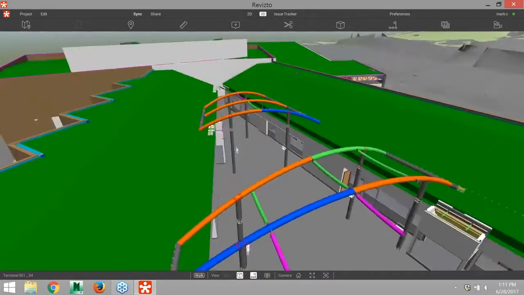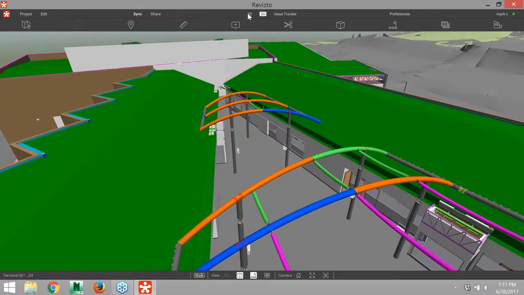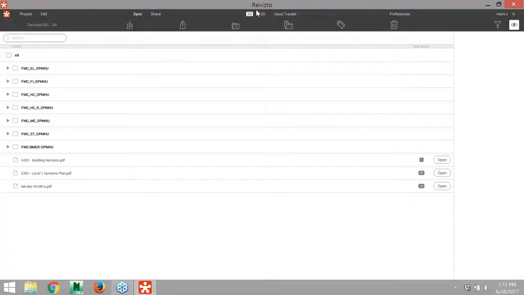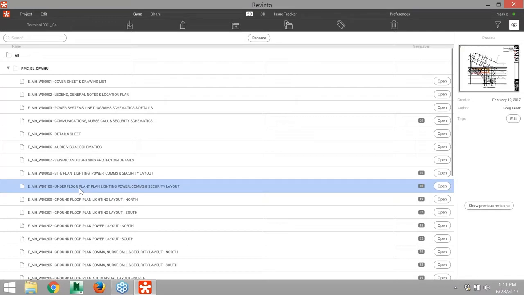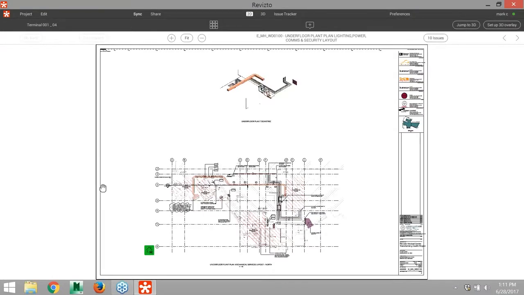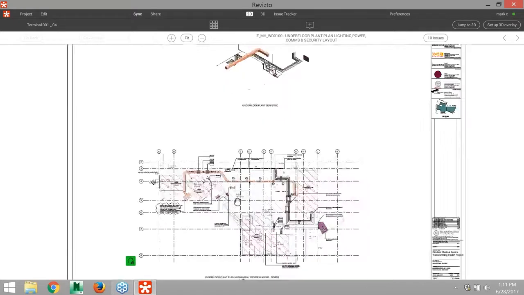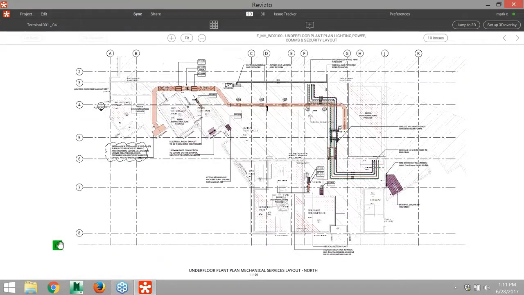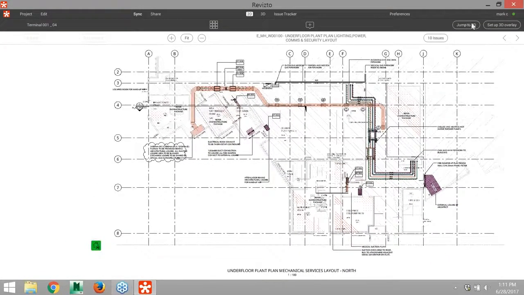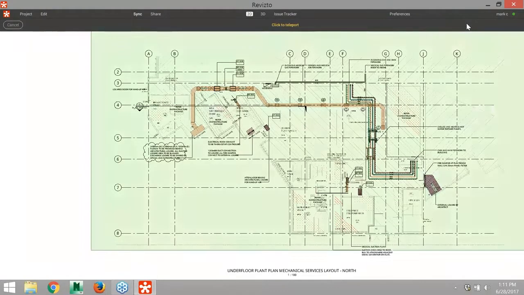Kind of continuing on with that aspect, what we'll do is go into 2D. So this is another cool thing: because we're segmenting those individual links, each of these links will also contain 2D information. So if we brought this in from Revit, for example, you could see all the information that falls within this. So if we're looking for sheets within a specific file, we can bounce through there, select this, and it looks like this is our plant lighting power plan. So we can zoom into here. We still have the same effective button here. We can overlay this, and we can also select jump to 3D